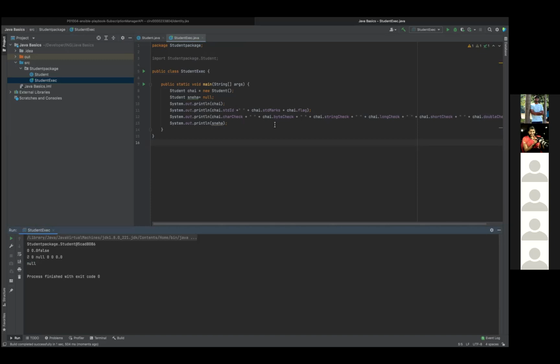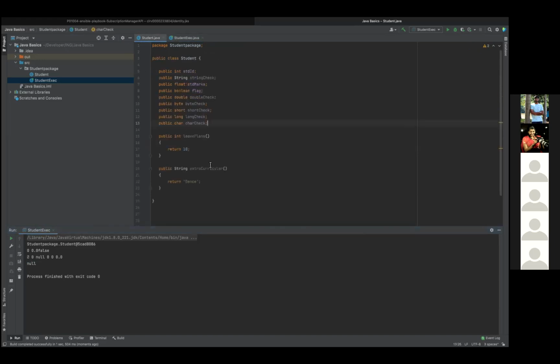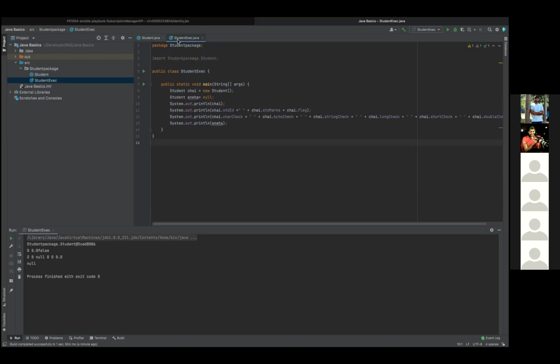Now, can you go to student file, Chaitanya? If you see, all your keywords are in yellow color, only the string is in white color, as well as your class name, you can see that is again in white color. So basically, if you're using an editor, you can easily differentiate your keywords as well as your class names. So it will be easy for you to identify whether you're going in the right way or not. So far, any questions on data types and the variable creation, the structure of variable creation and the structure of class, structure of method, and how to access your methods if they are public. So we'll see how to access the private variable.